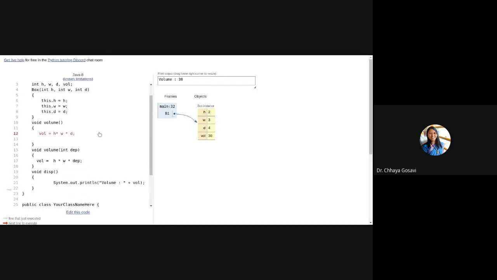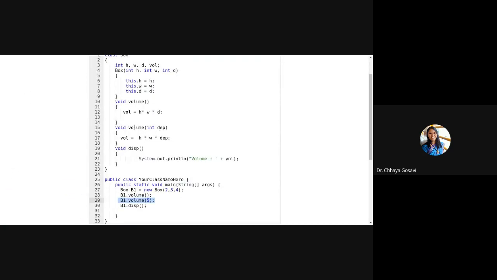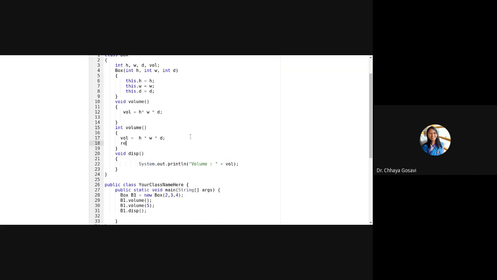So here, instead of void, suppose I want integer, I'm returning an integer value and I didn't pass any parameter. I want to return this value, return volume.